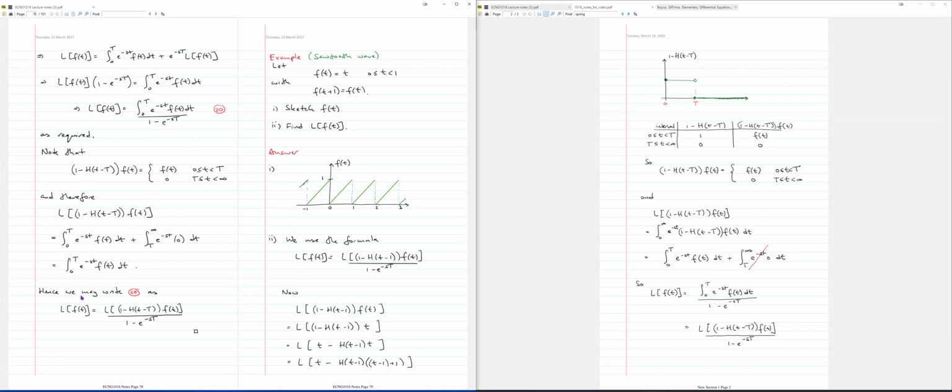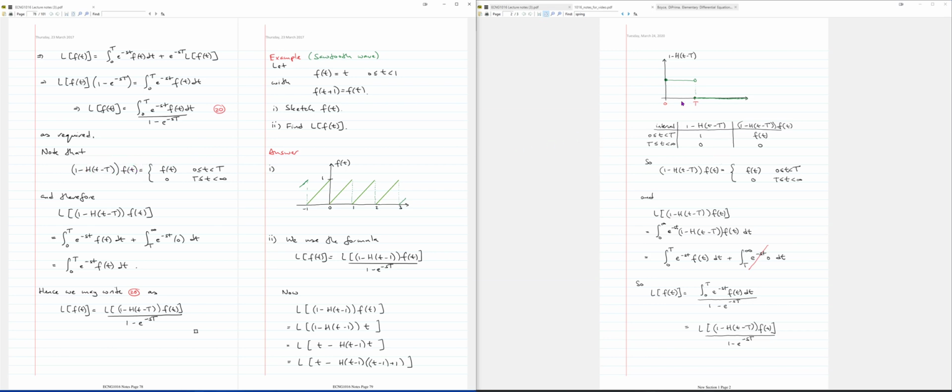Okay, so the justification is here, but I rewrote it. This has a little more detail. What I'm looking at is this expression, 1 minus Heaviside, where this big T is the period. If I forget about the f of t for the time being and I just consider the 1 minus Heaviside,